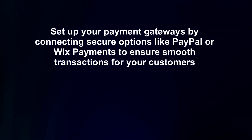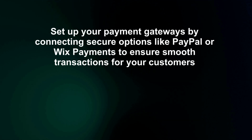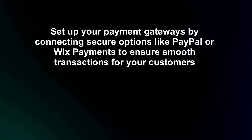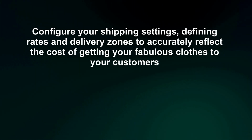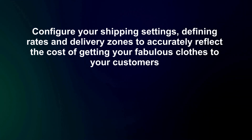Set up your payment gateways by connecting secure options like PayPal or Wix Payments to ensure smooth transactions for your customers. Configure your shipping settings, defining rates and delivery zones to accurately reflect the cost of getting your fabulous clothes